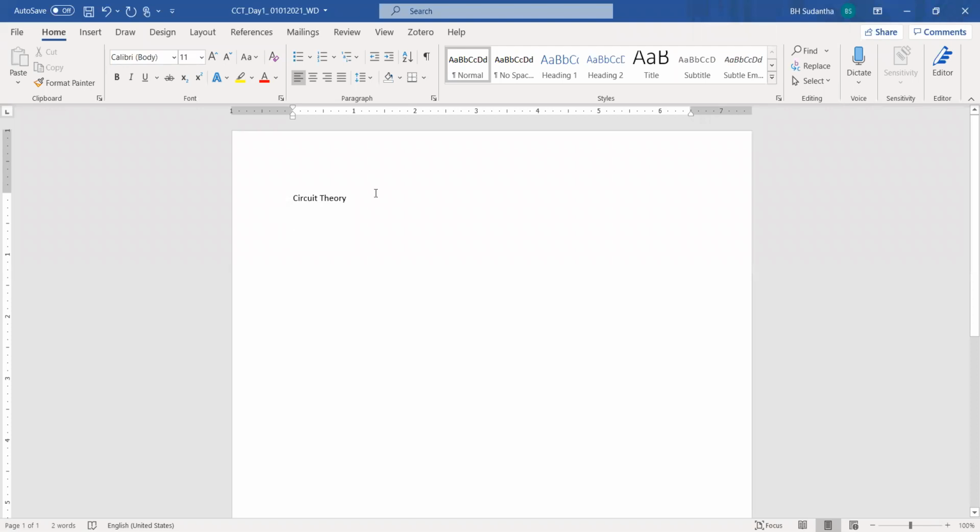Okay, circuit theory. This one is not like the digital electronics module. With the digital electronics module, we are talking about electronics, the two sides of electronics: analog electronics and digital electronics, and we are covering those two topics in that module. But when it comes to circuits, there also we are discussing digital circuits and analog circuits, whatever circuits are there.